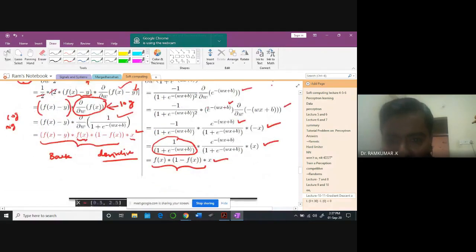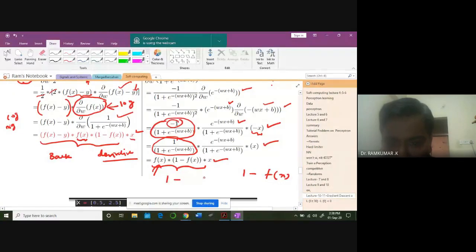In fact, again you need to differentiate with respect to w, primarily because this value is −wx plus b. If you differentiate this once, I'm going to have −x, and these terms are going to be sitting like this. If you look at this term clearly, this one is going to be f(x). And then this term: there is a minus here and a minus here, so you'll get plus. Therefore you get f(x), and this term is going to be 1 minus f(x).